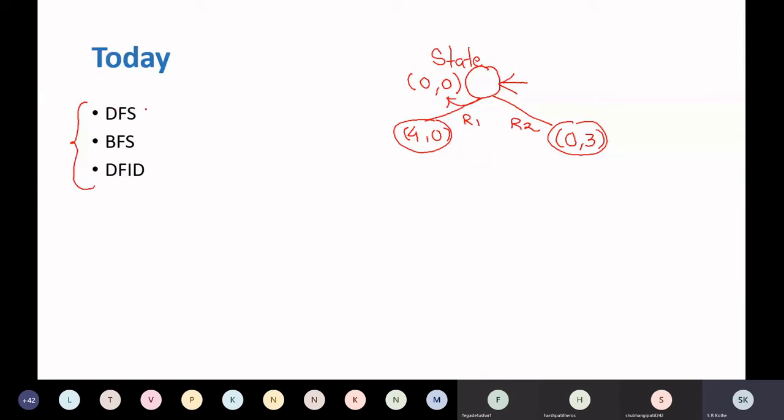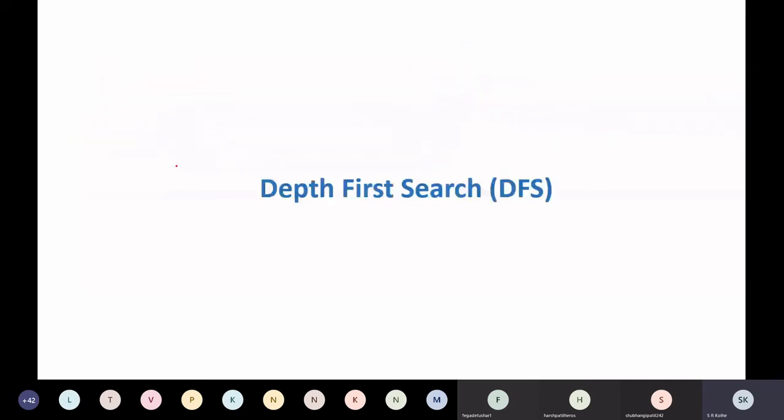So we will start with depth first search. DFS stands for depth first search. Then we will discuss breadth first search, and then a variation of this, that is iterative deepening depth first search. Any difficulty up to this? No, sir. Okay.